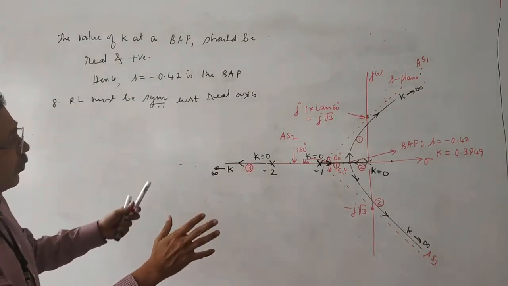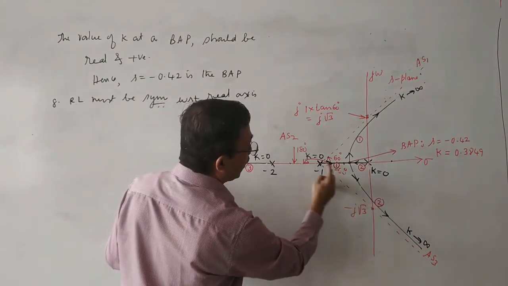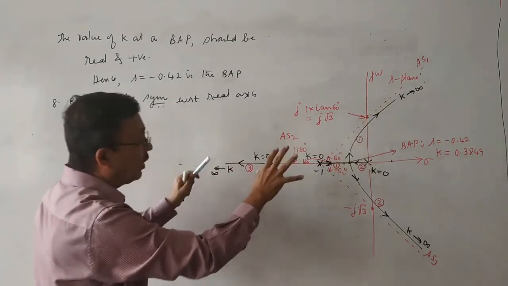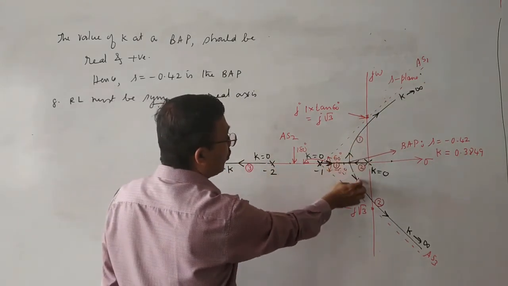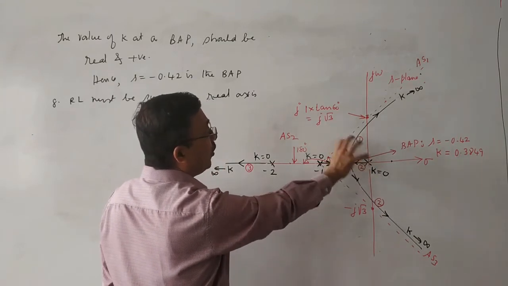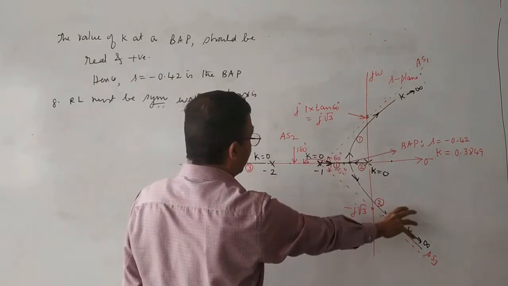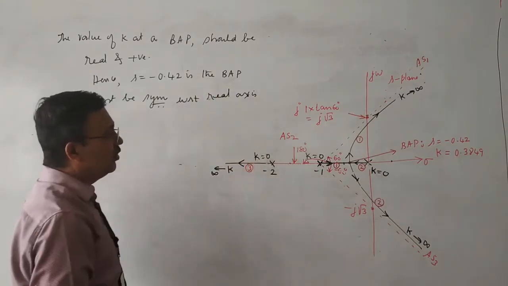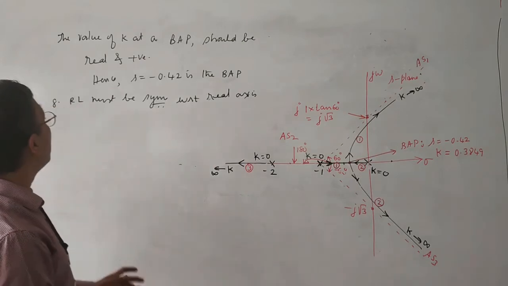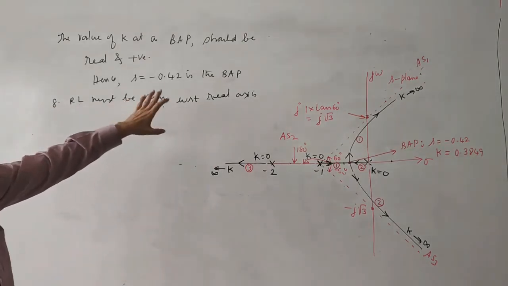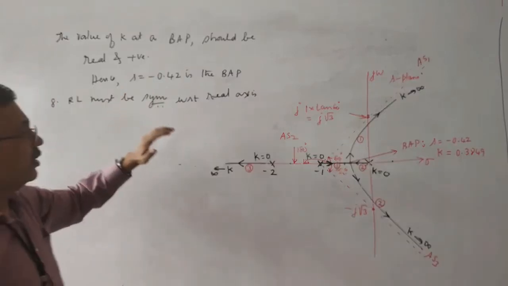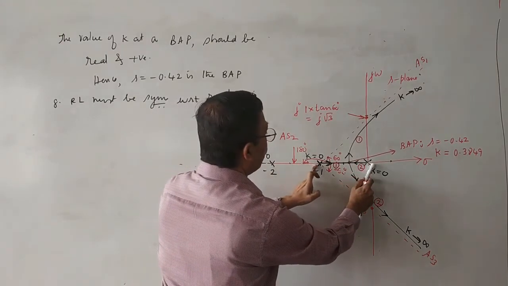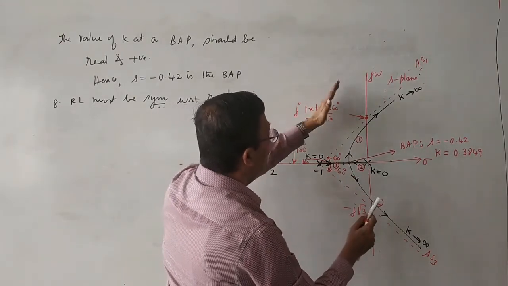Branch numbers 1, for example, instead of 2, this could be 1, then this will be branch 1. This instead of 1 can be 2, then that will be branch 2. Tentatively, these two branches can have flexibility to select either AS1 or AS3. But this pole has to select asymptote AS2 only. This is by keeping the symmetry point in mind. Root locus must be symmetrical with respect to the real axis. I again emphasize, these two poles cannot choose asymptote AS2. These two poles have to choose either AS1 or AS3.